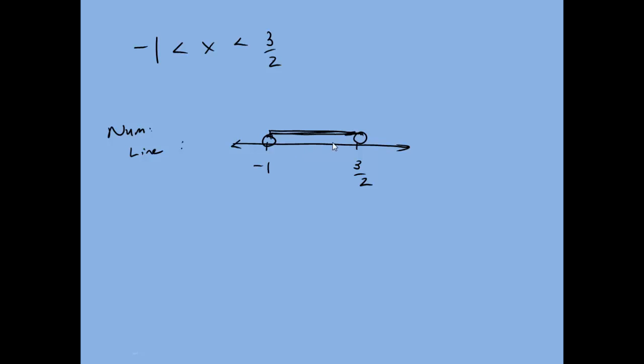Sometimes people learn to shade it on the actual number line. I'm just doing it above so you can see the difference of where I'm shading. So that's our number line, and then in interval notation,